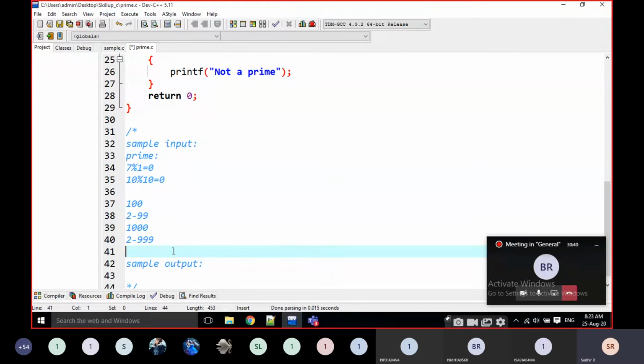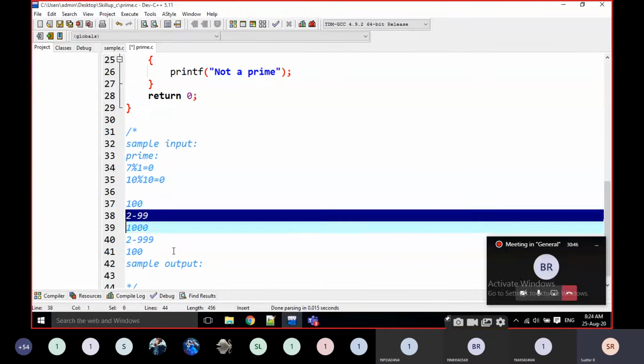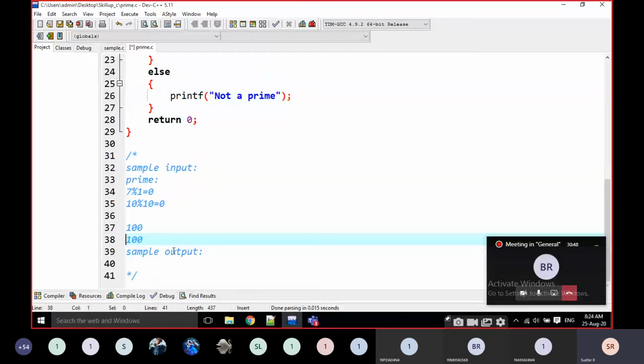But for a prime number check, for example some 100, it is enough to check from 2 to the square root of 100. What is the square root of 100? It is going to be 10. For example, I give some 98.